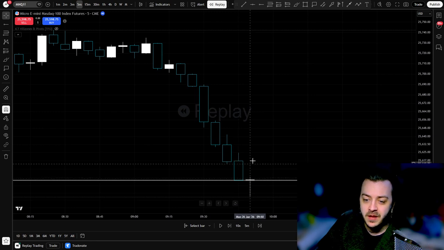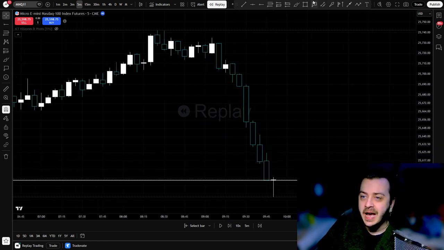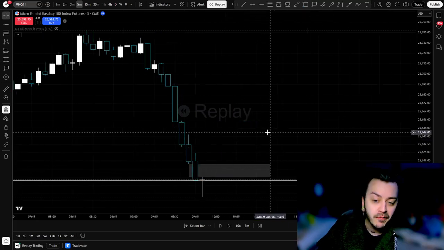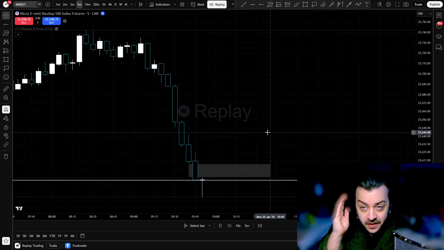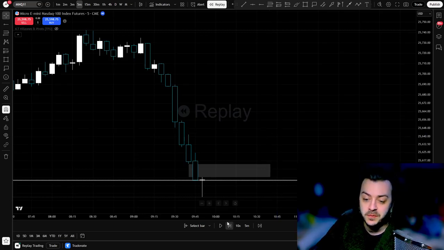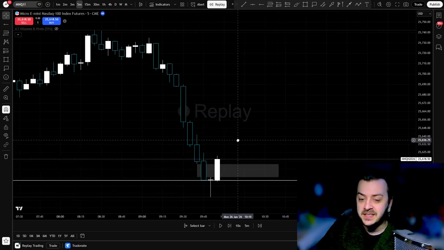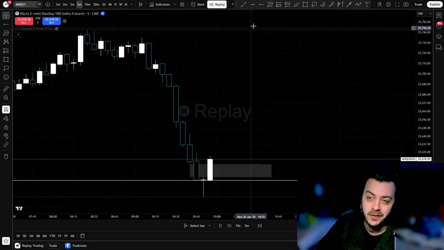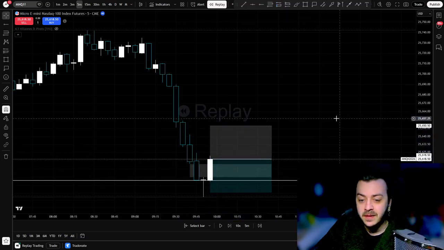Sweep of liquidity, amazing rejection candle, and we've created this beautiful 5 minute gap. Super obvious. This is what you want to see. Just a sweep down into liquidity and a really good momentum reaction. And then in the next candle, we come back, we close over it. I'm thinking, this is a fantastic reversal. This is what you want to see. So I enter,